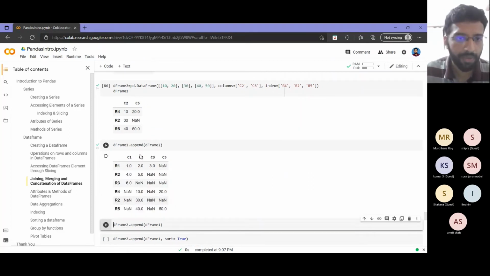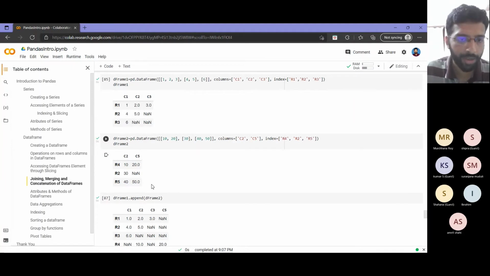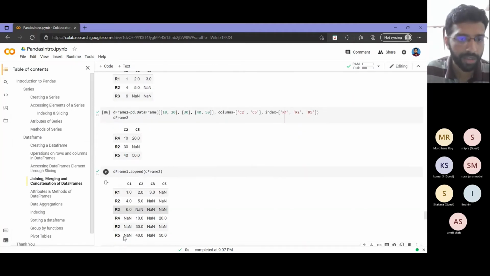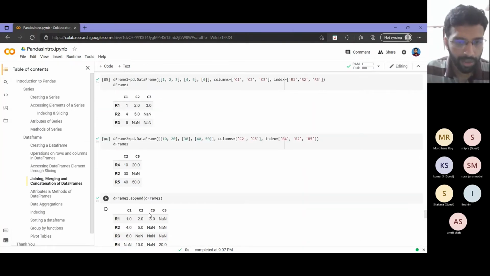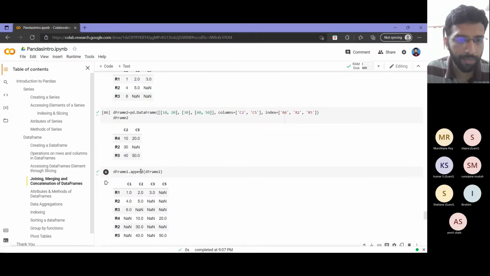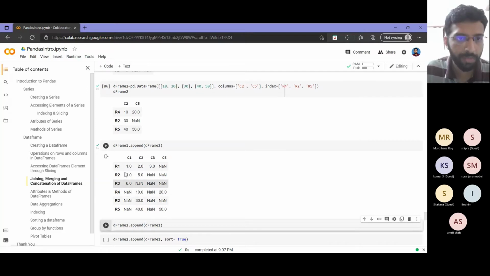If I append data frame 2 to data frame 1, as you can see, R1, R2, R3 and C1, this first part is the same as my original data frame. Additionally, towards the end of the data frame, the second one's values, 10, 20, came. And wherever values are not there, NaN got filled.